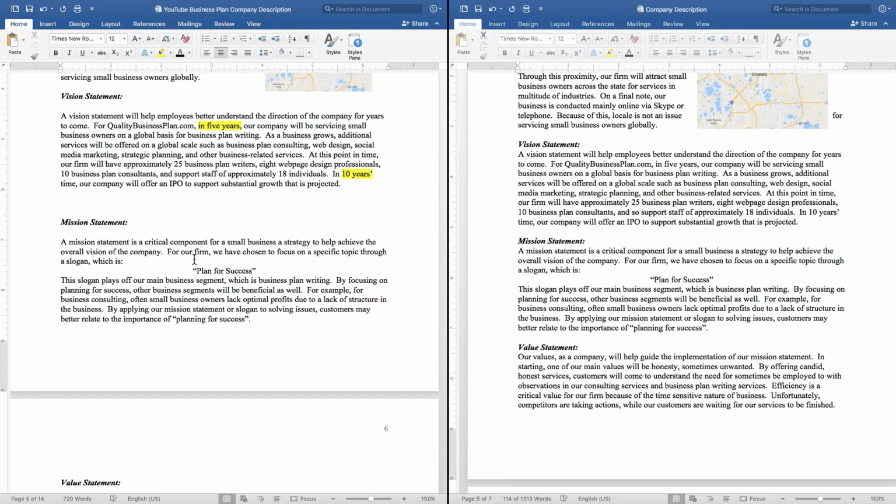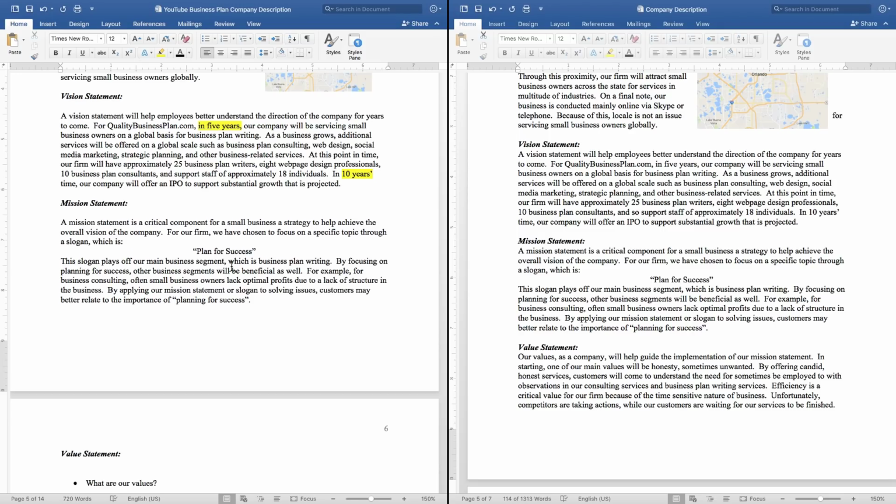But for this section, the mission statement is a critical component. So again, I introduce it. And then for our firm, we chose a specific topic through a slogan. So plan for success. And as I've mentioned time and time again, how important it is to have a structure and have a plan. Well, it only makes sense to use in my mission statement, plan for success. Now, I will also go into a little bit more details as to why I chose that. By focusing on planning for success,